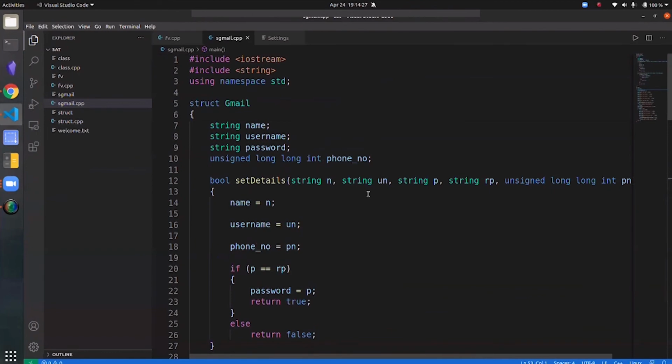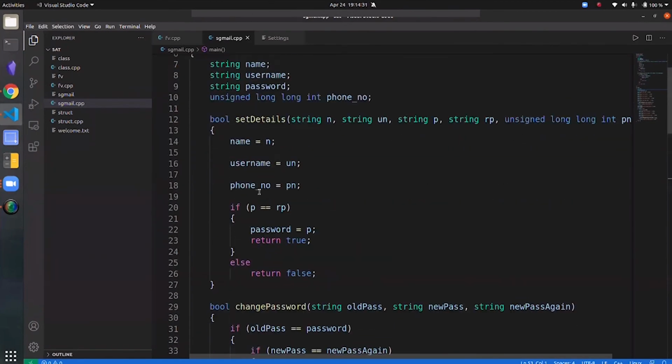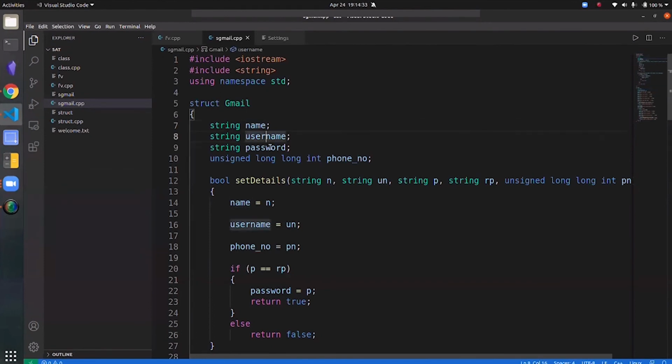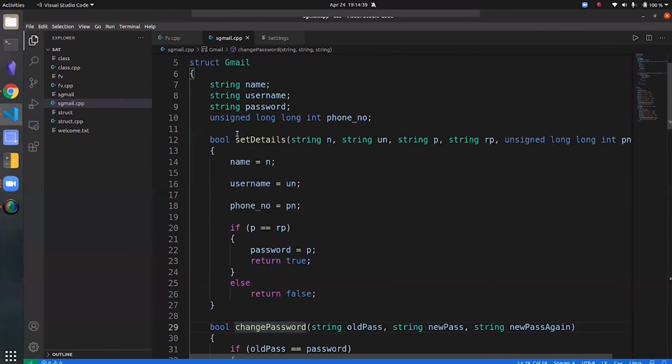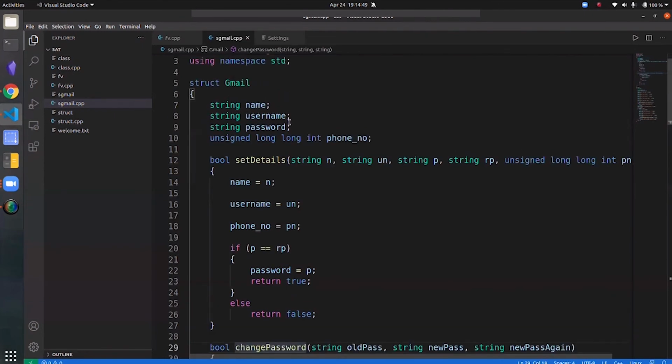One thing that you have to remember is all of these member variables and all of these member functions, the member variables here, name, username, password, phone number, and these two functions, set details and change password, all of these things are public. What I mean when I say that they're public is that all of these can be accessed outside of the structure.